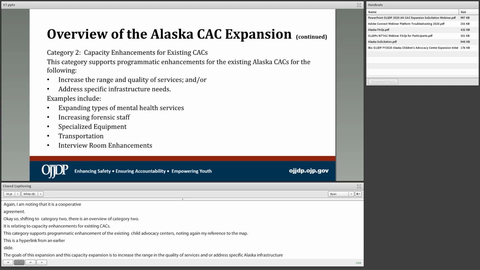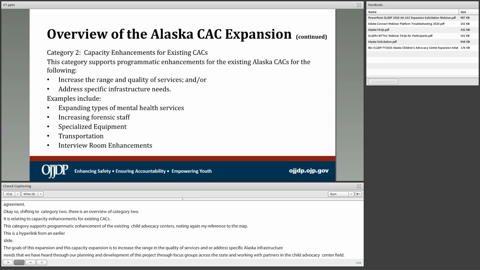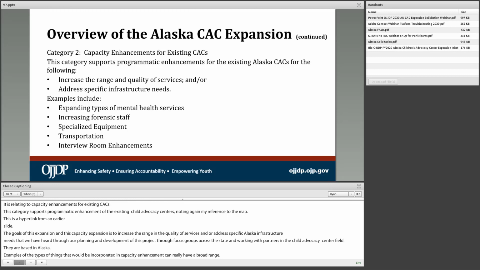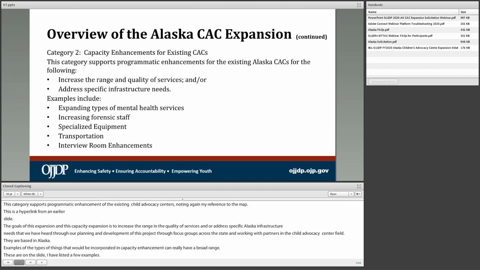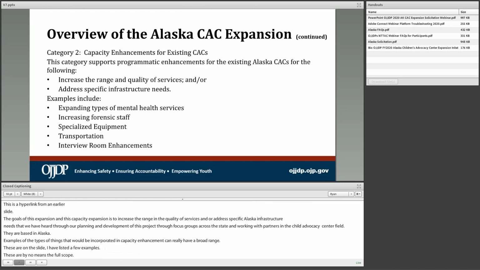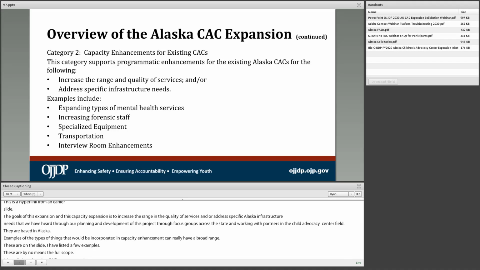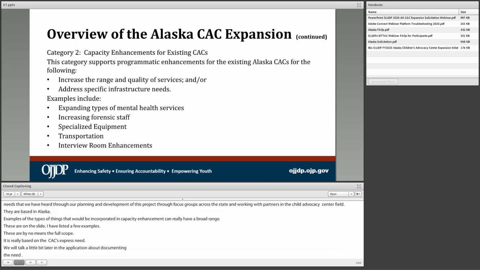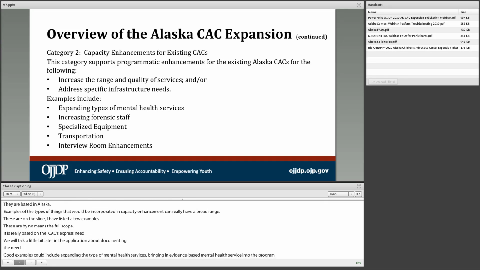Examples of the types of things that would be incorporated in capacity enhancement can really have a very broad range. So these are on the slide. I've listed a few examples, but these are by no means the full scope. It's really based on the CAC's expressed need, and I'll talk a little bit later in the application about documenting that need. But examples could include expanding the types of mental health services, bringing evidence-based mental health service into the program. So, for example, serving with an evidence-based practice model an earlier age range than you have been able